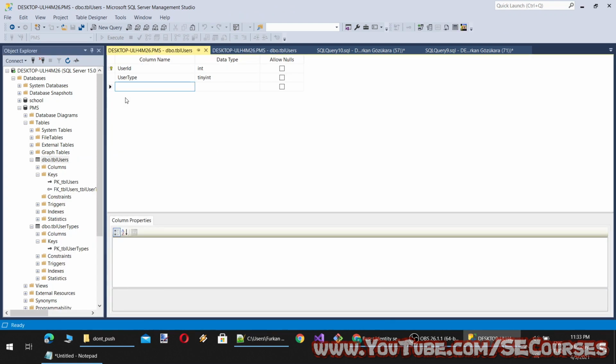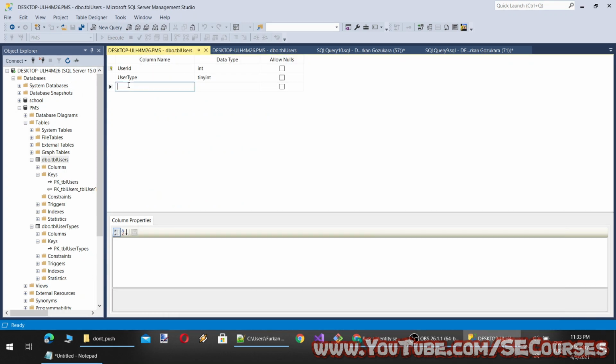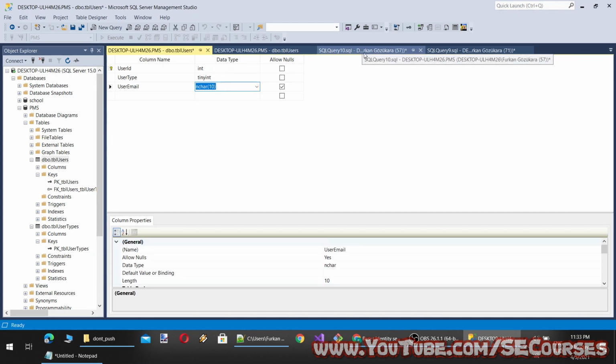So we are going to have user type, and from our design, what else do we need? We can have user email for login, and it will be varchar.